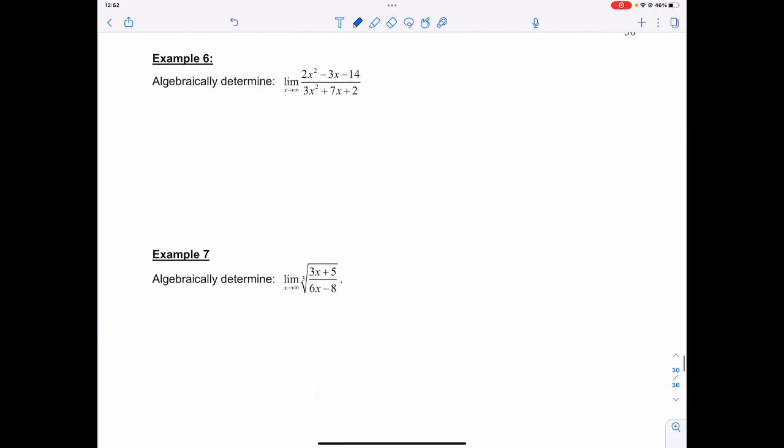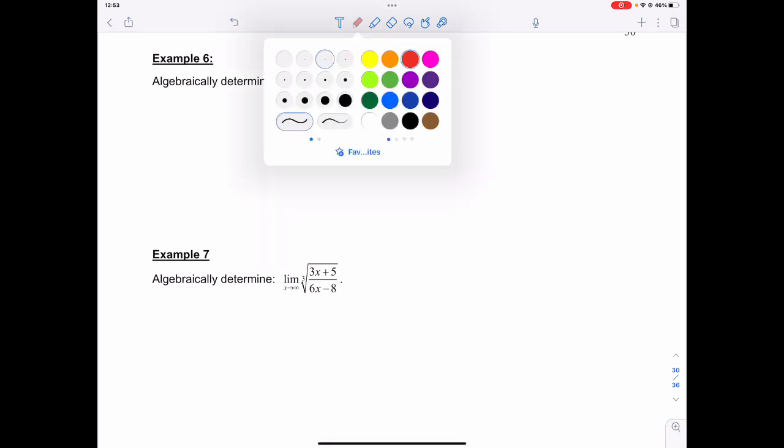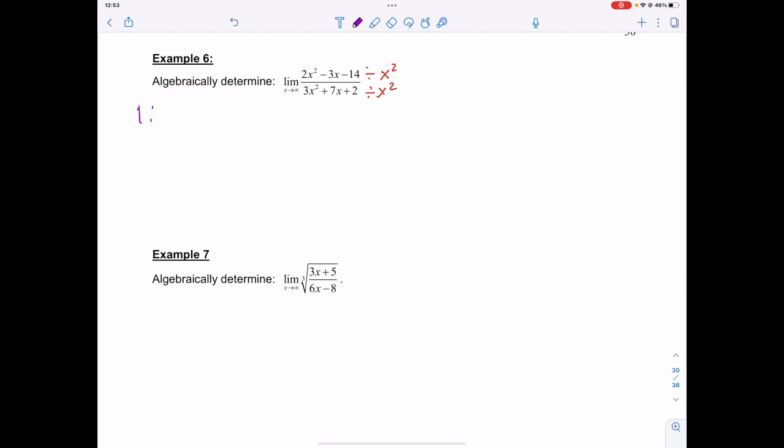For example 6, when we have to algebraically determine the limit as x approaches infinity of 2x squared minus 3x minus 14 over 3x squared plus 7x plus 2, then once again, we're going to divide all of the numerator and all of the denominator by the highest power of the variable, x squared. So this is going to give us the limit as x approaches infinity